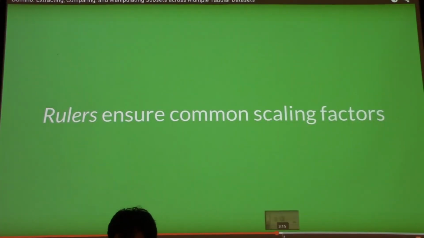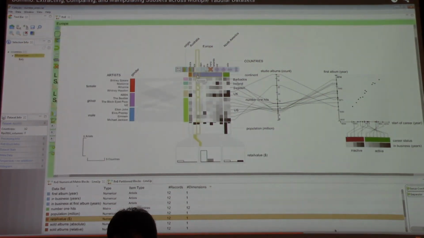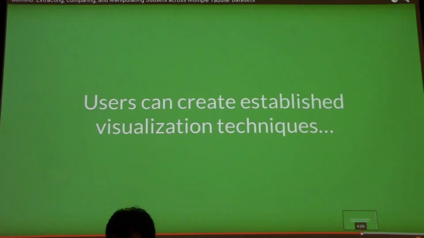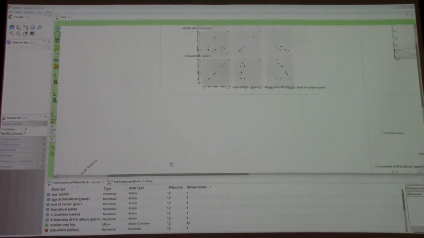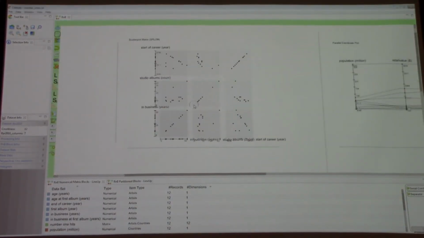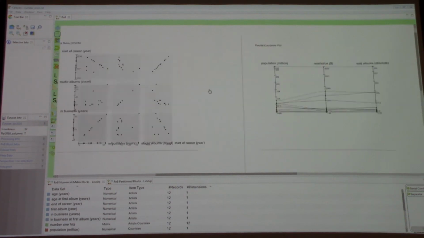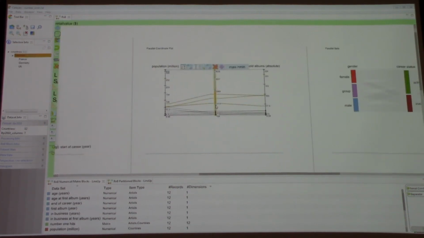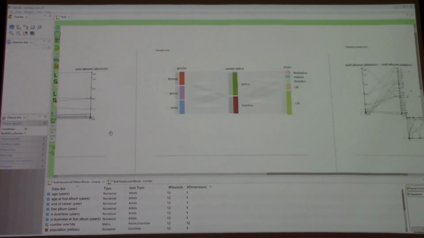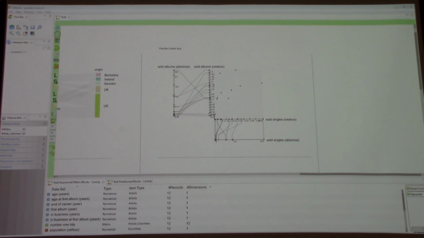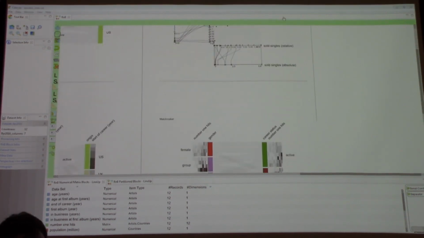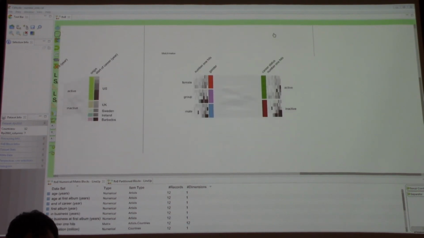Rulers convey the scales of different blocks. With Domino, we can create established visualization techniques, including scatter plot matrices, parallel coordinate plots, parallel sets, flexible linked axis, matchmaker, Stratomax,